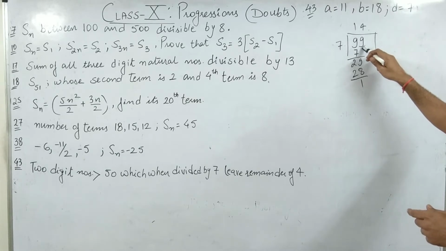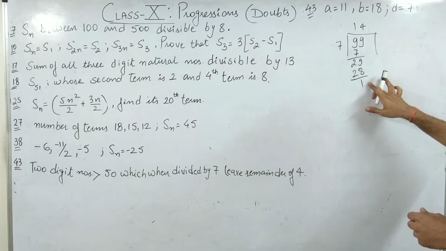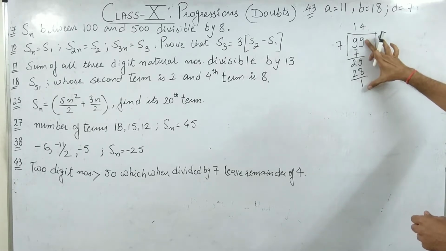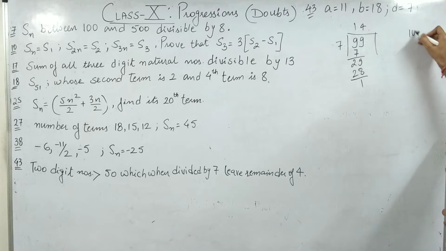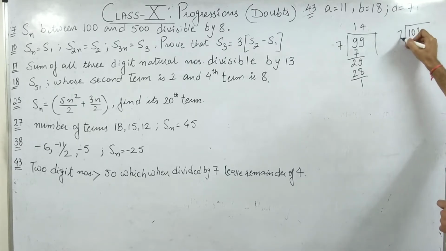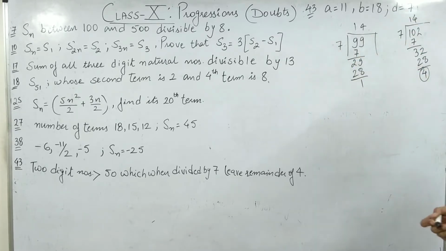98, no, it should be, I require 4 as the remainder. So I will add 3 more to 99, then it comes out as 102. Let's check with 102. I know it is not a 2-digit number. 7 ones are 7, 3 is 32, 7 fours are 28, and yes, the remainder is 4. So guys, I did this because now I will subtract 7 from 102, so I'll get the number. So 102 minus 7 will be 95, guys.